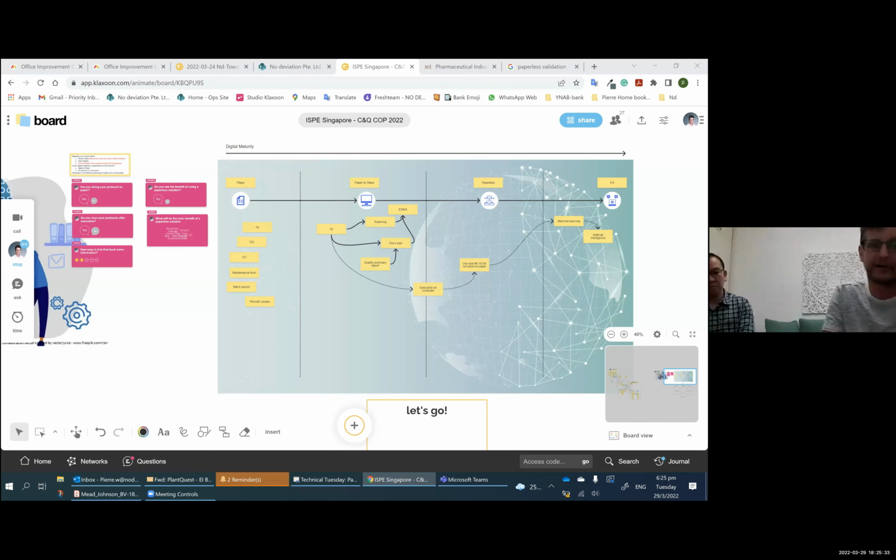If you allow every site to do whatever they want, you have the risk that you're going to digitalize things, but you will never be able to go to the 4.0 because the data set that every site is producing is so different that you cannot consolidate from a global perspective, right? So those are really the first two roadblocks, or two big decisions. Once you have done that, the way we see it, right? Depending on the solution, right?